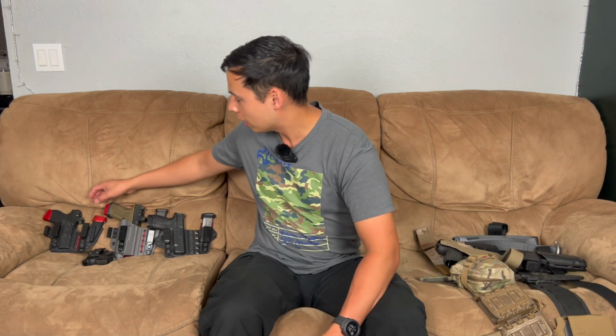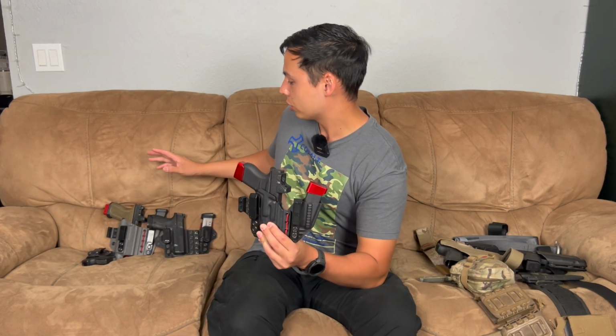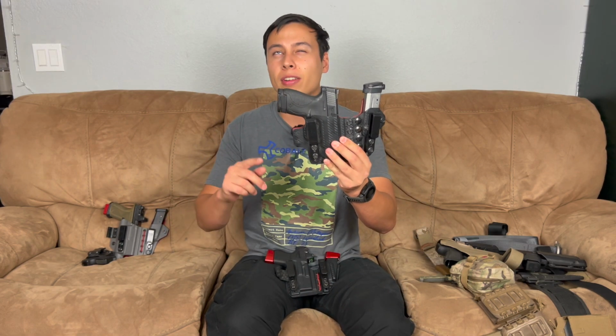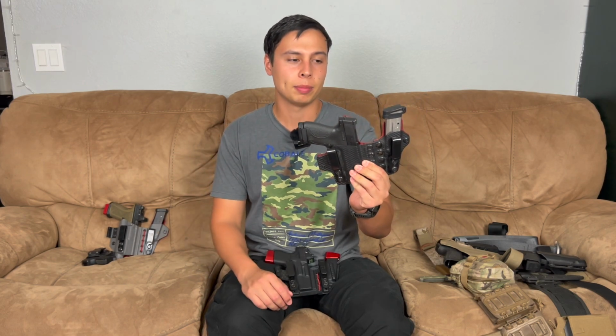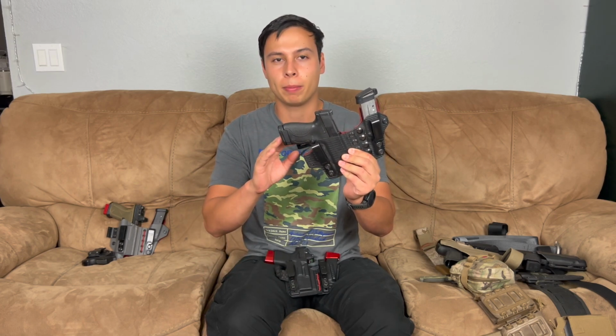So my main carry holster is Tier 1 Concealed. All my main carries do use this holster. And kind of what got me started on them was this gun right here. This is my first small concealed carry gun, because my very first handgun was a Glock 34, and I did carry that for a bit just because it was my only handgun. But as soon as I was able to get a small subcompact gun, I got the Smith